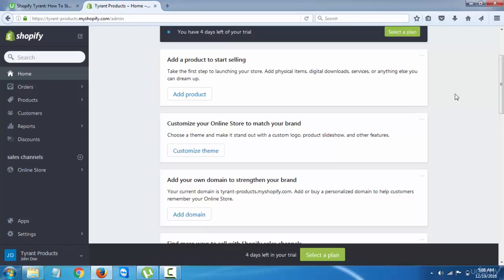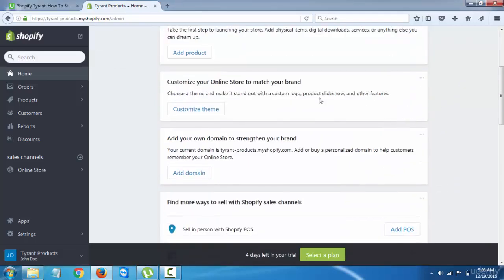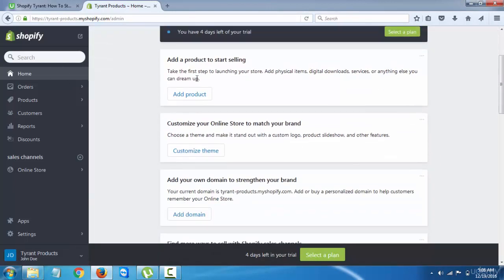Alright, in this video I'm going to show you how to select your theme and basically set it up. So once you're on the home page, you'll see the customize theme option here. So just click on that,